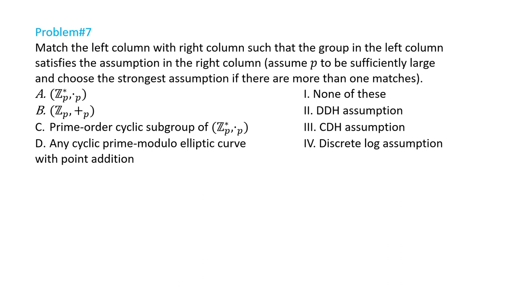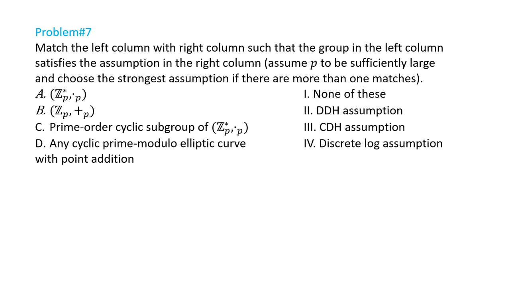Not necessarily, right? In fact, ZP star does not have a prime order. So discrete log is not necessarily hard, right? For the additive group ZP with addition modulo P, discrete log is actually easy to solve. For a prime order cyclic subgroup of ZP star with multiplication modulo P, you have already seen, right, that for two primes P and Q such that